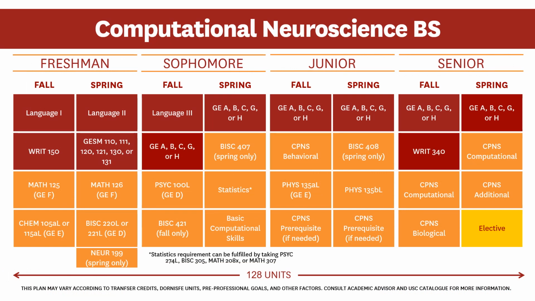Example 4-year course plans for students pursuing a BS in computational neuroscience. I mentioned in a previous slide to keep in mind prerequisites for the advanced computational courses. Many of the options on the list have additional prerequisites required that are not specifically required for the major. It is possible that the students will have to add additional prerequisites to their plan based on what they choose